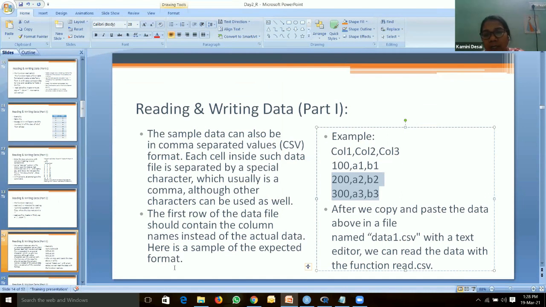Everybody is doing this example? Are you able to do this example? Ma'am, it is made, but if I want to read it in the console, then you have to give the CSV file: read.csv, bracket, file name.csv, comma, header is equal to true and sep is equal to comma.